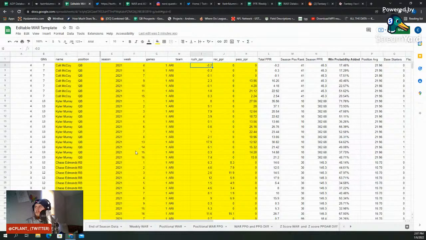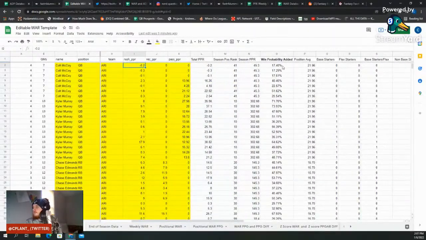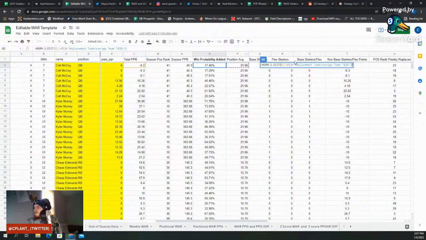Somebody left a comment, but I don't know what that means. But yeah, this is where all the data is being drawn from. Now this is where the win probability added stat is calculated, right? So it takes their total points per game, or PPR points in that week, and then